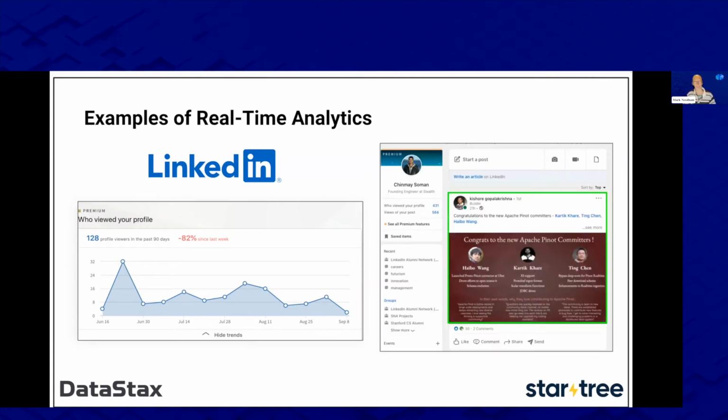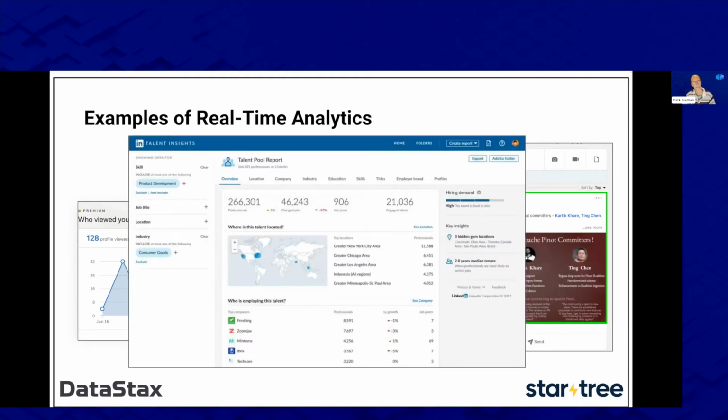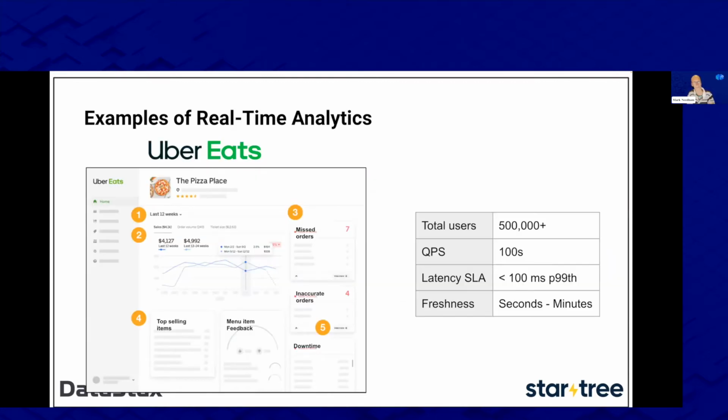The news feed is another example of that. They want to show stuff at the top that you are likely to interact with, so that you're going to keep on using LinkedIn more. And then if we come over to something not quite internal, but with fewer users, it's the recruiting tool. So we've got a talent pool report, and we can see, up to date, what people are doing, like where demand is high in terms of location or in terms of types of jobs. And so if you're a recruiter, you can narrow down to figure out where you should be targeting people. And then let's do one more example.